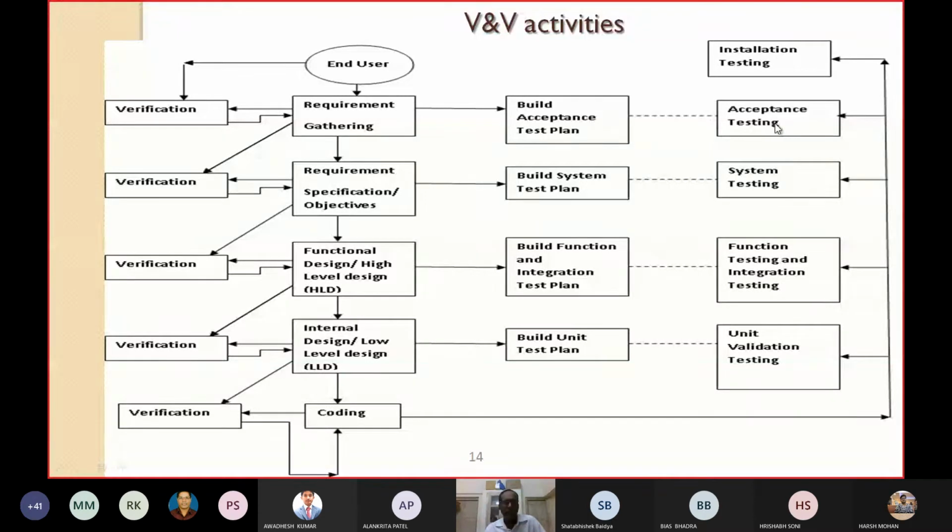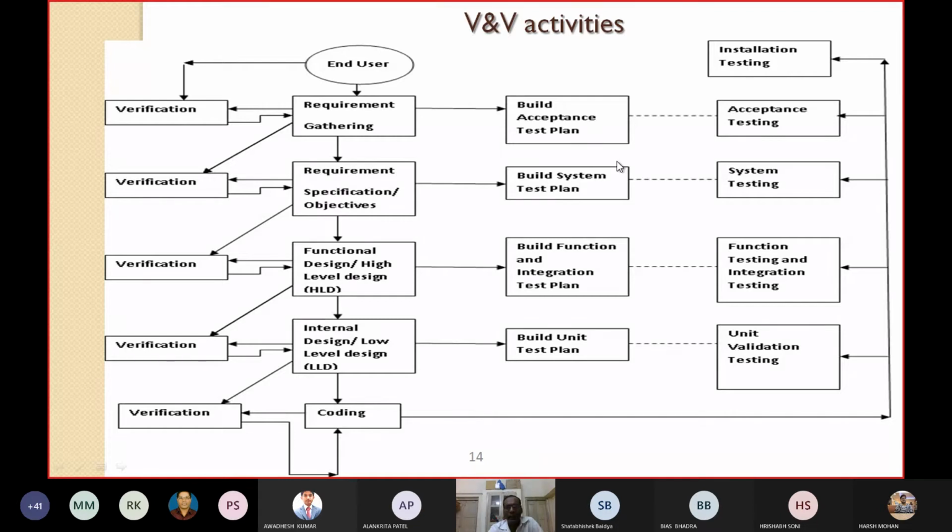So you can say that verification, I have already told you, means the output of one phase must conform to the output of the previous phase. So in the coding, I must see that the output of the low level design matches the output of the high level design. In this way, you can perform the verification process. So this is something about the verification and validation activities. Very important. You must remember this.